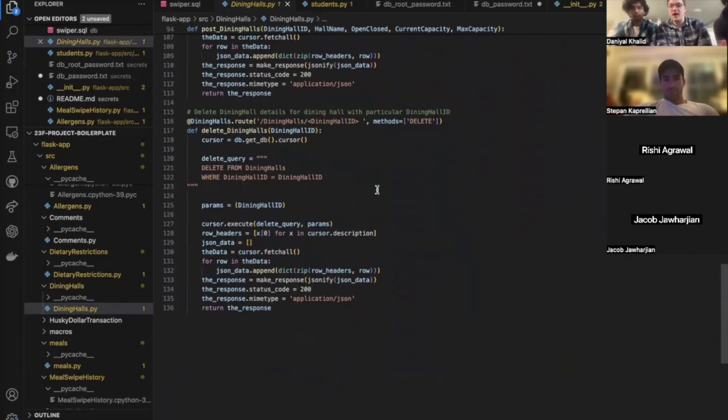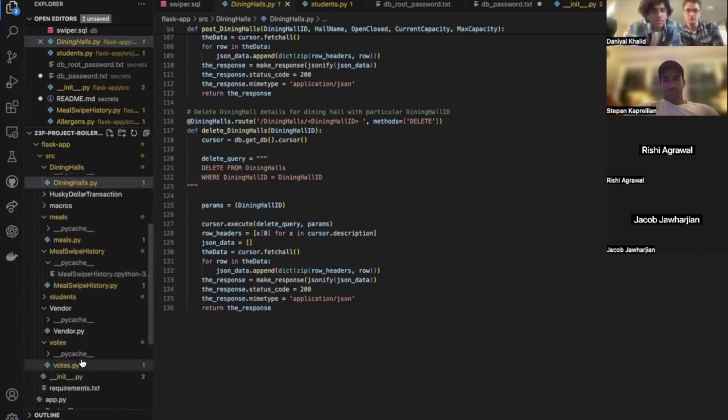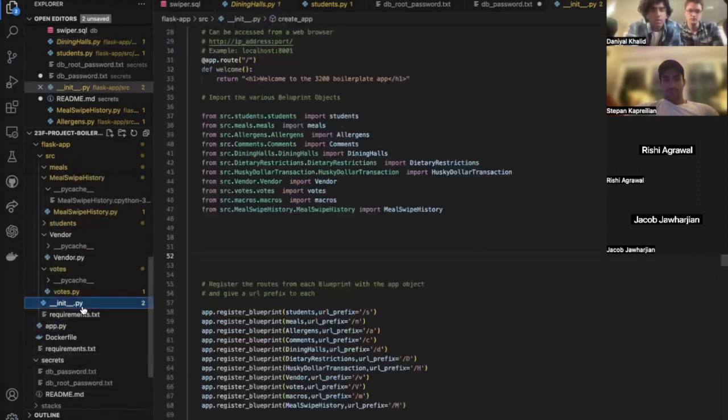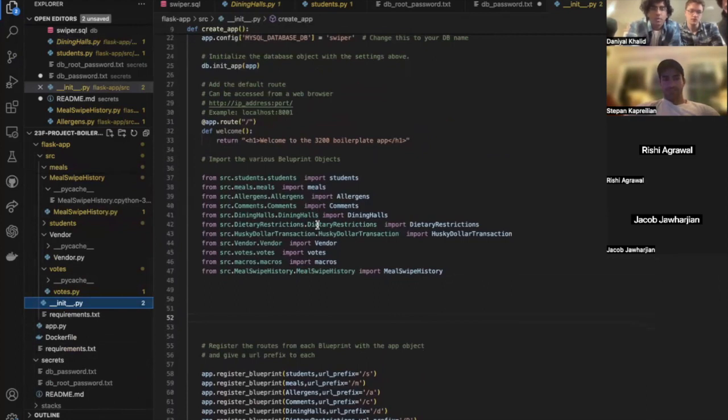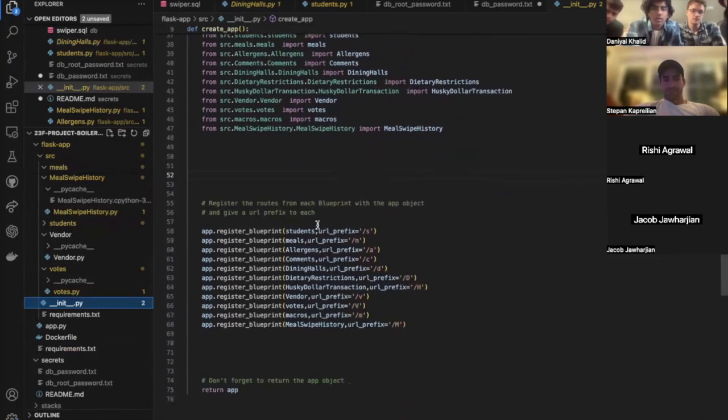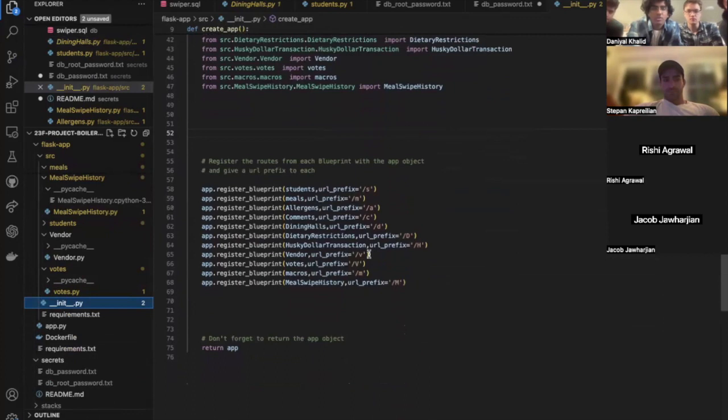And this pattern and these sorts of methods are present in all of our paths. And then these are the changes we made to our init file. We added in the import statements for every blueprint object we had, and then according to that, we registered the